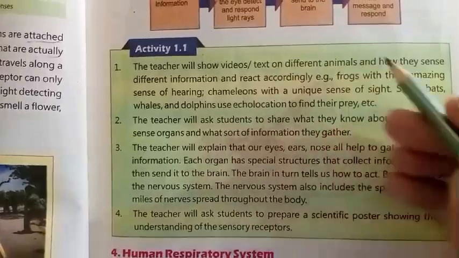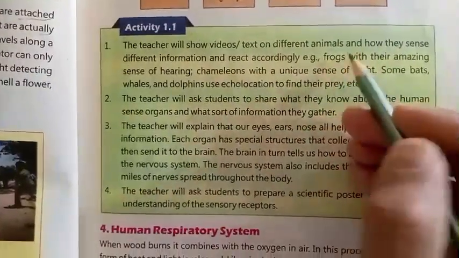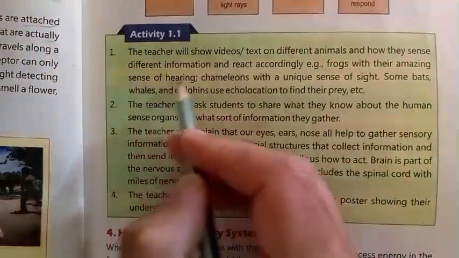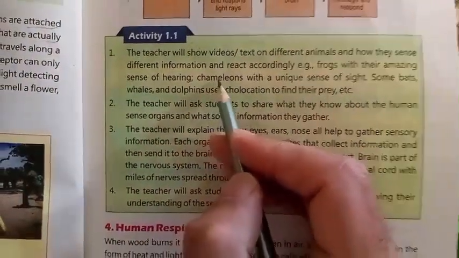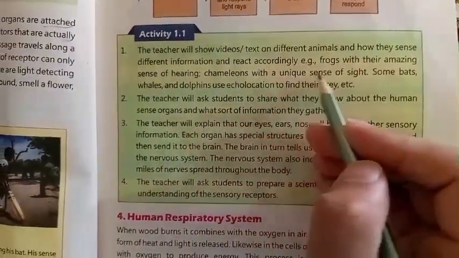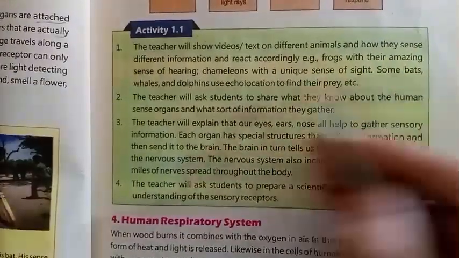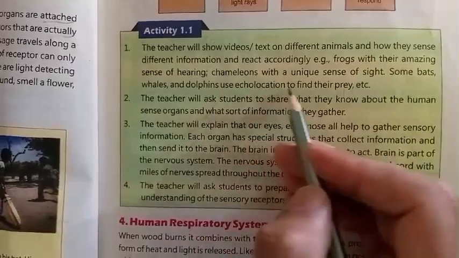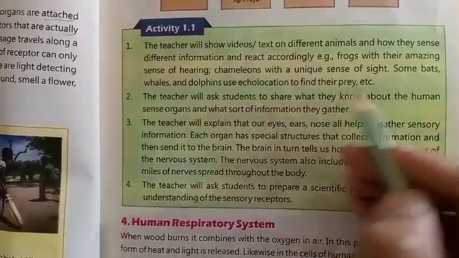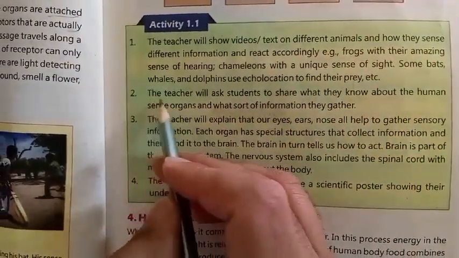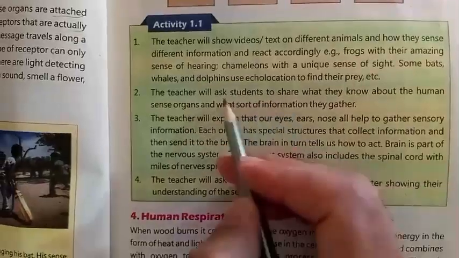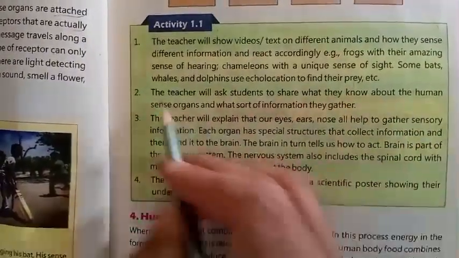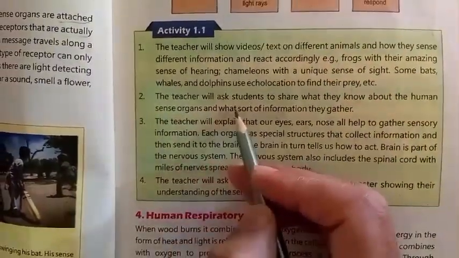react accordingly, e.g., frogs with their amazing sense of hearing, chameleons with a unique sense of sight, some bats, whales, and dolphins use echolocation to find their prey, etc. Number 2, the teacher will ask students to share what they know about the human sense organs and what sort